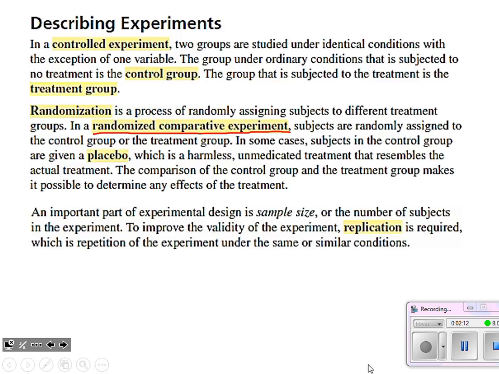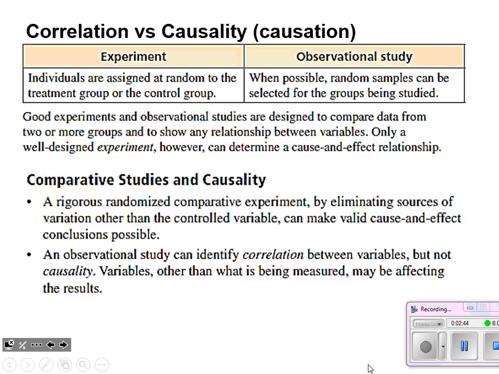Another thing is the sample size in our experiment. Kind of like with probability, we want a huge sample size because that improves the validity. If we just test this on a couple people, well, we don't know if we have something that is truly valid or not. So we need to make sure that we are incorporating large amounts, and then for an experiment to be really valid, it needs to be replicable. We need to be able to repeat the same experiment and get the same results. Okay, a lot of science terminology here.